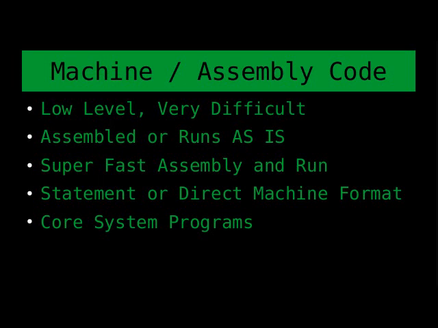And the last one on our list here is also not going to be cross-platform. You're basically handwriting the compiled code, or writing very close to it. If you're writing machine code, it is what it's going to compile to. If you're writing in assembly, it's very close to that. You're going to write something that would be assembled. But if you're writing machine language, it's going to be run as is. This is very low level stuff, moving stuff around bitwise inside of a processor. Very difficult, very time consuming to create these programs, especially on these 32 and 64-bit processors.